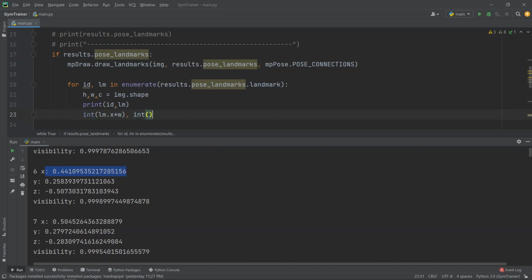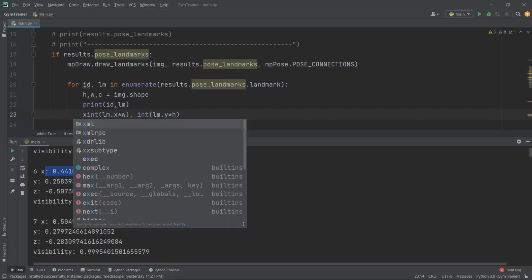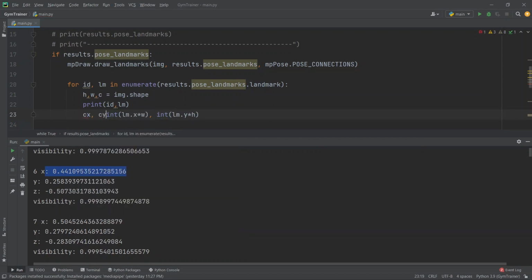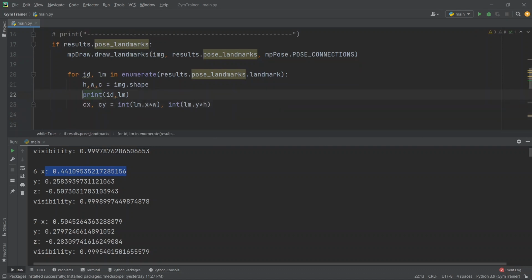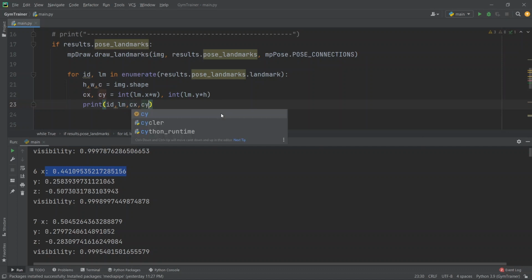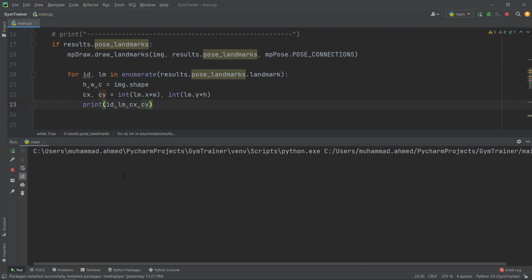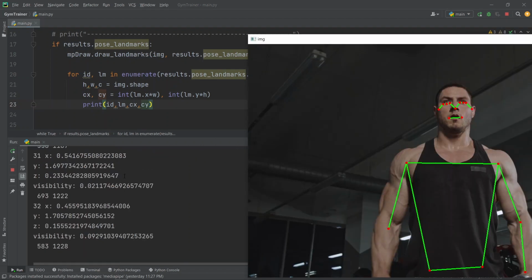Next, we want to convert the Y as well. So we will go for lm.y and multiply it with h. That's quite simple. And now we will get the Cx and we are getting the Cy. Now, let me just put it over here, Cx and Cy. So if we run that now, hopefully we will be getting these coordinates and then their pixel values, that is, how many pixels we have to move the X coordinate and how many pixels we have to move the Y coordinate